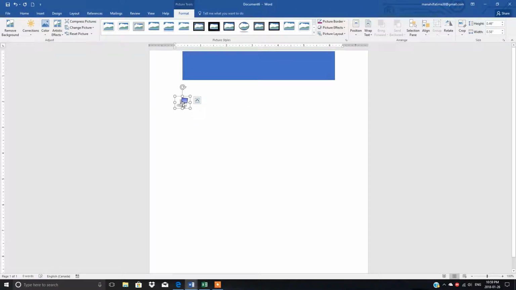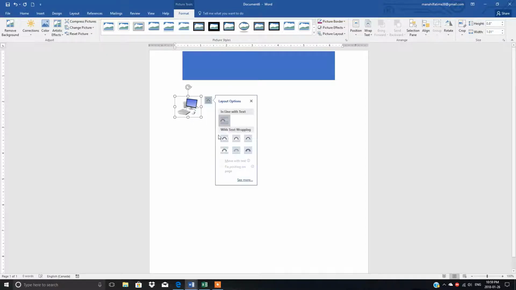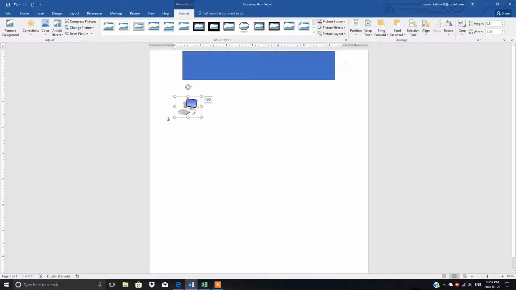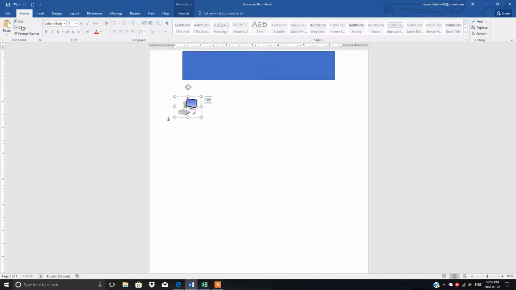So see, now it is small. If you want to increase the height or width, you can do the same function from here as well, right? And then we want to insert the same picture here on the left side and the right side. So you have to copy one more time. Select this, go to Home, and then copy and paste. So see, now we have this 2 times.